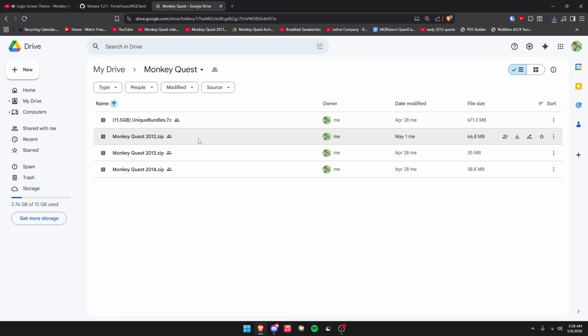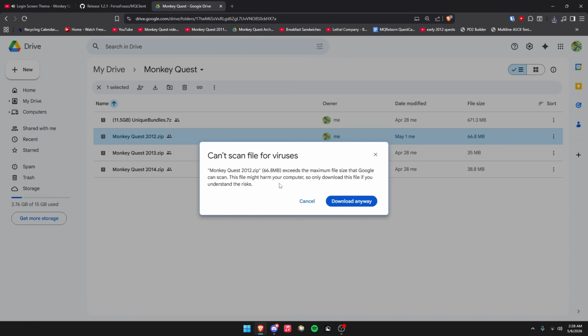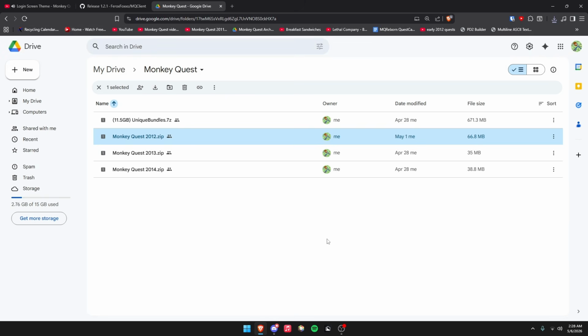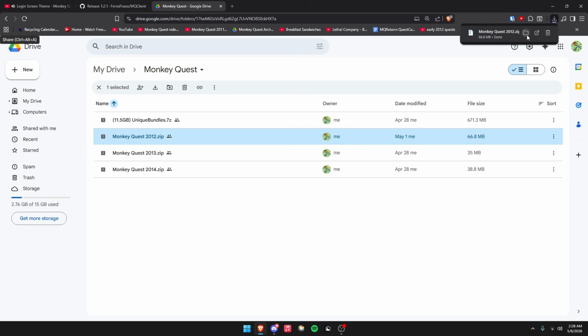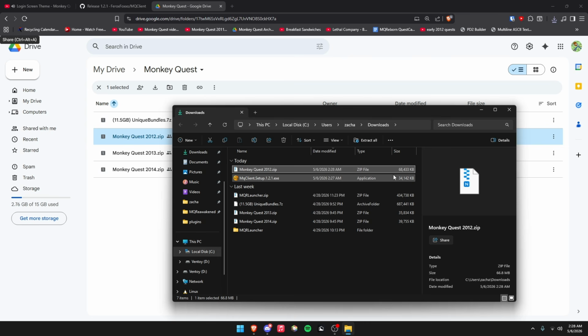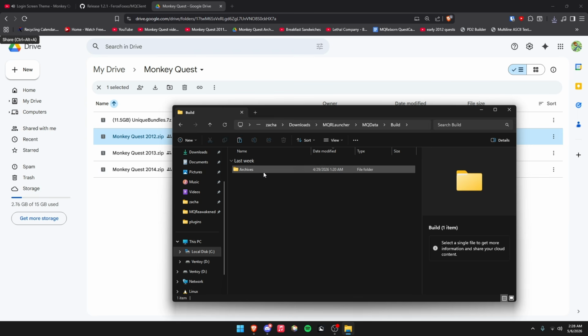Now we will need to download Monkey Quest 2012 from here. Right click, download, and then click on download it anyway. Save to downloads. Now click on show in folder. Now we can copy this into MQ data, build, archives, client override,